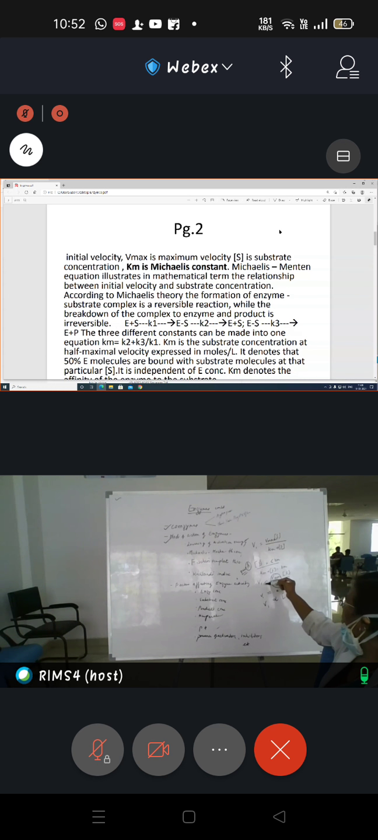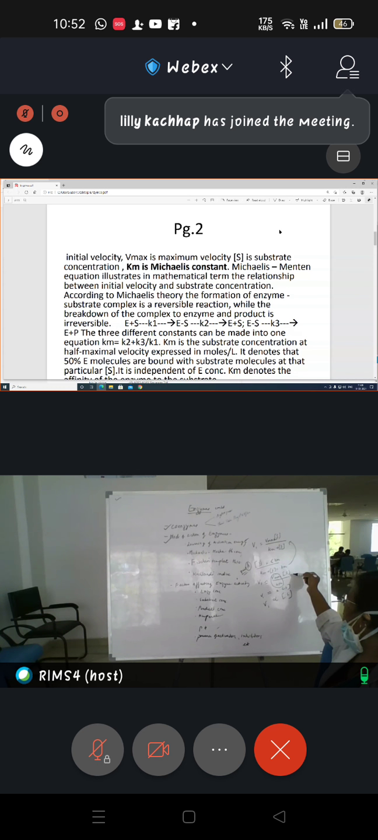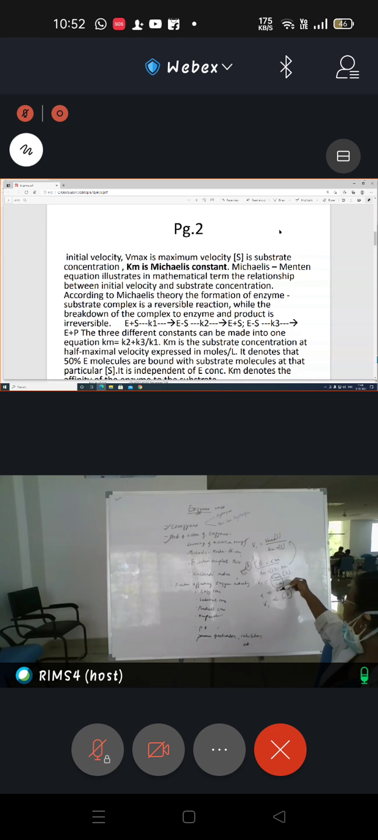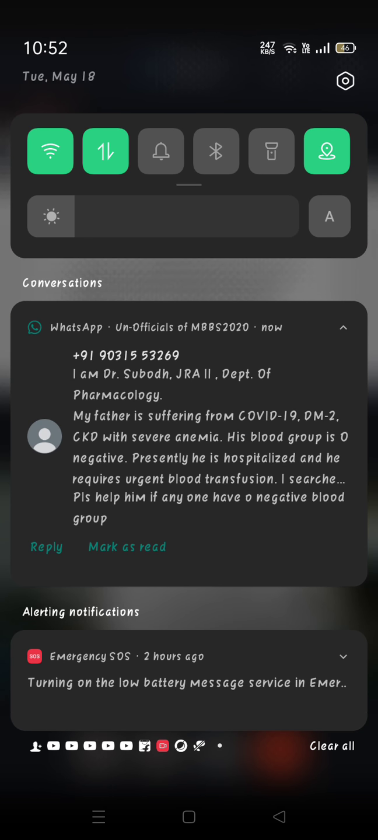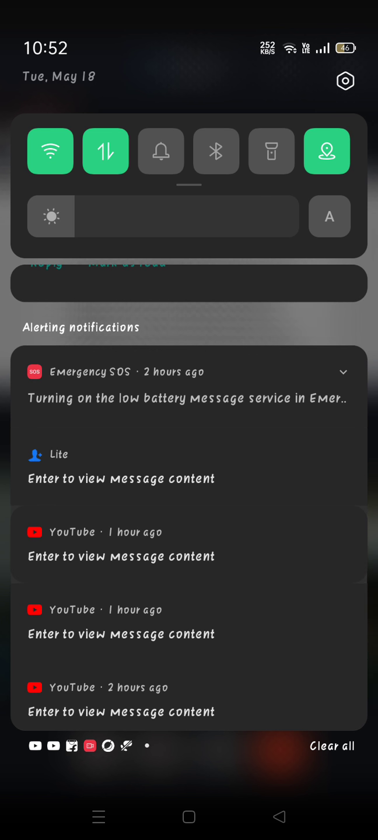So, taking this formula, we can say that the initial velocity is almost proportional to the substrate concentration, with the constant being Vmax by Km. So we can say the initial velocity is proportional to the substrate concentration. Now at point B,